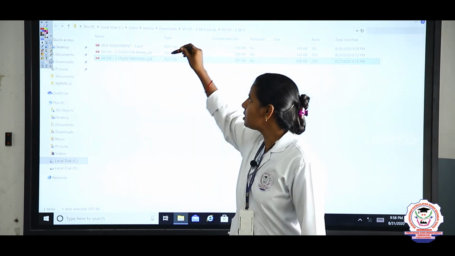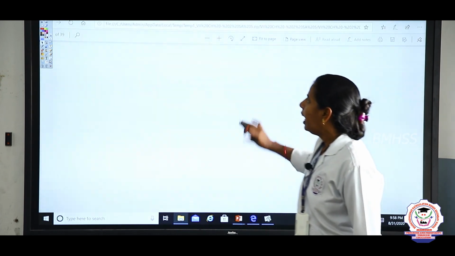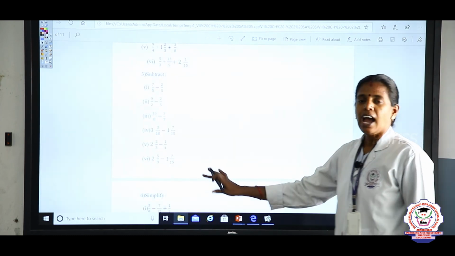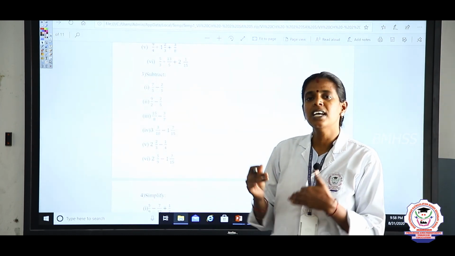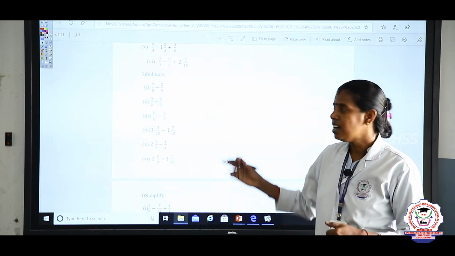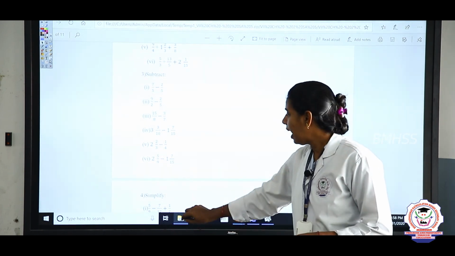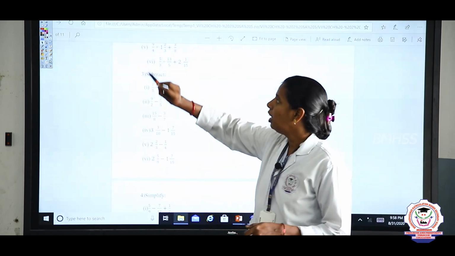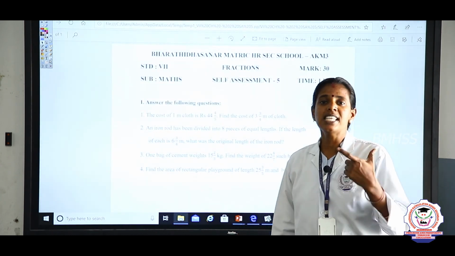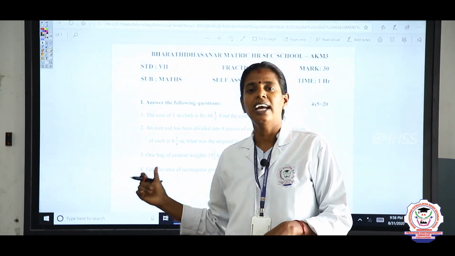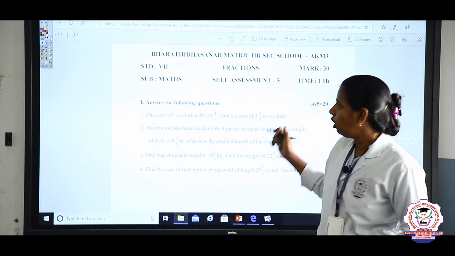See, for what purpose the question bank is attached: in this question bank only exercise questions are there. After you solve all the problems, you can evaluate by yourself using only the questions. And in this we have attached the question paper, which is a self-assessment. We can evaluate ourselves on how much we have learned from the exercise I have taught in this session.